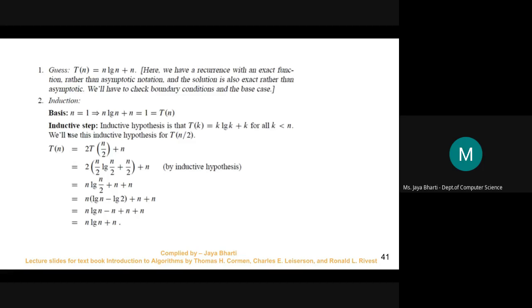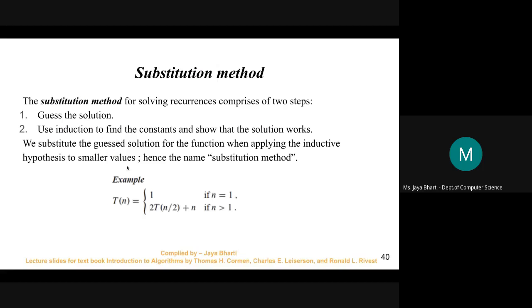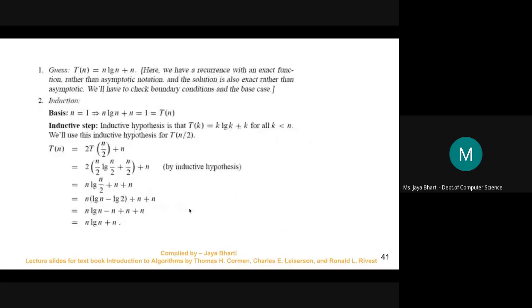So in the next step, inductive step, we need to substitute this in the recurrence relation that we have. Okay, so the recurrence relation is 2T(n/2) plus n. So we have guessed the solution and the solution is T of n is equal to n log n plus n. So this is the recurrence relation given. So now if T of n is equal to n log n plus n, then what will be the T(n/2)? Okay, so in T(n/2), wherever we have n here, there we will put n by 2.